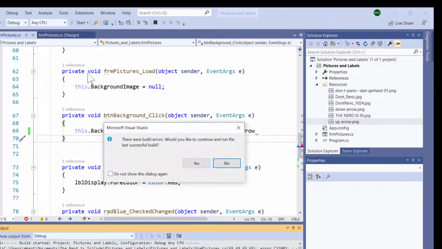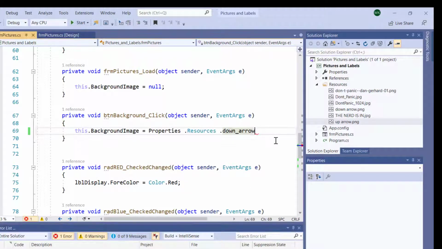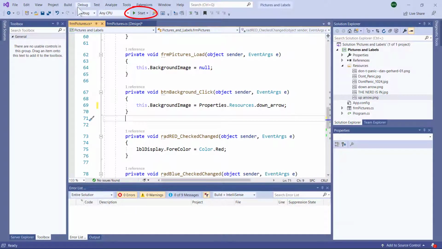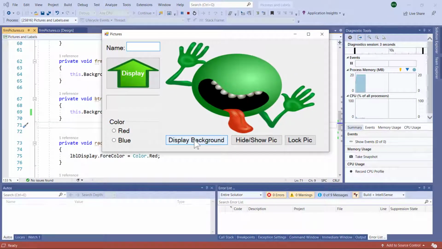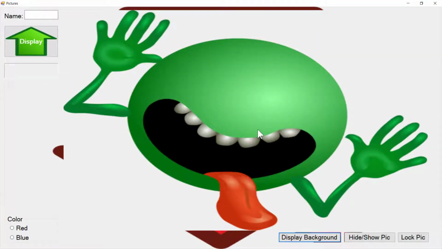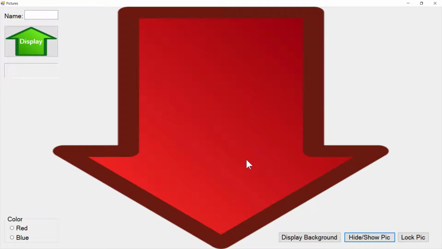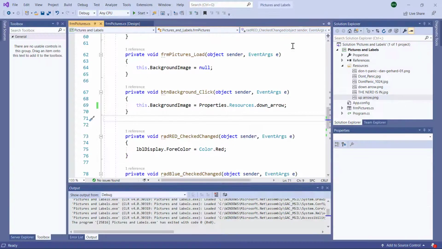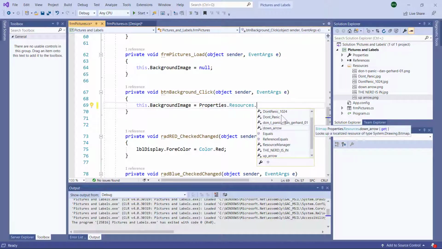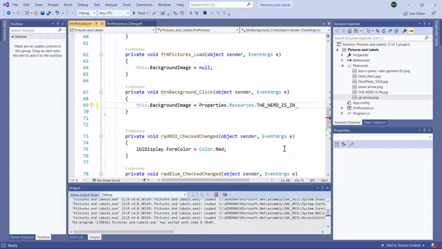I'll run the program. Oops, I got a typo. I forgot my semicolon. So now that I got my semicolon on the end there, let's run my program. So now when I say display background, you'll see it is displaying that big down arrow, okay? So that's how you put the pictures in your code. Now, once again, I don't want the down arrow right here. I want the nerd. So dot, the nerd is in, semicolon,